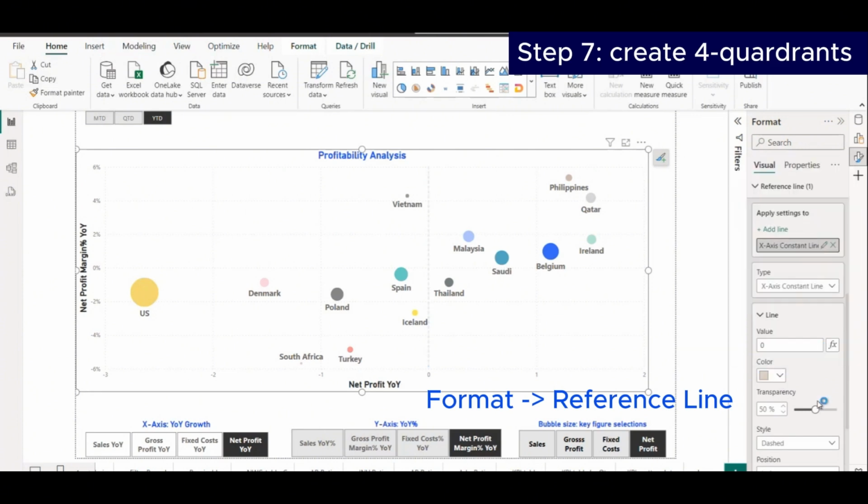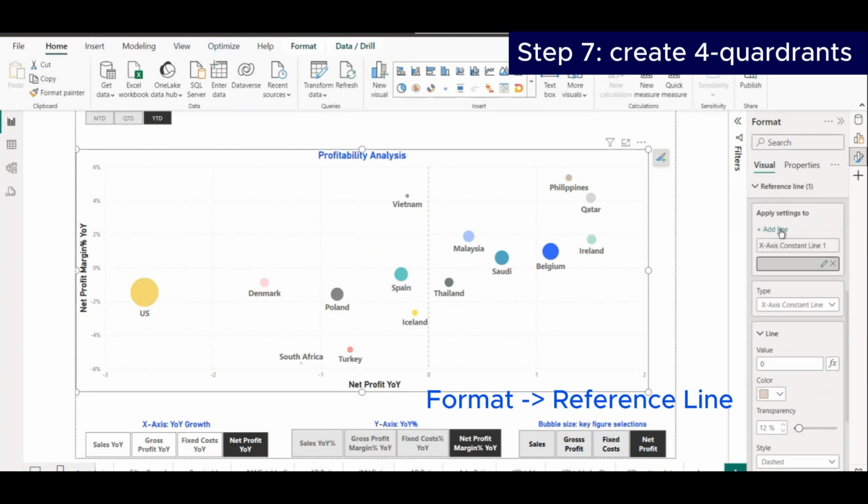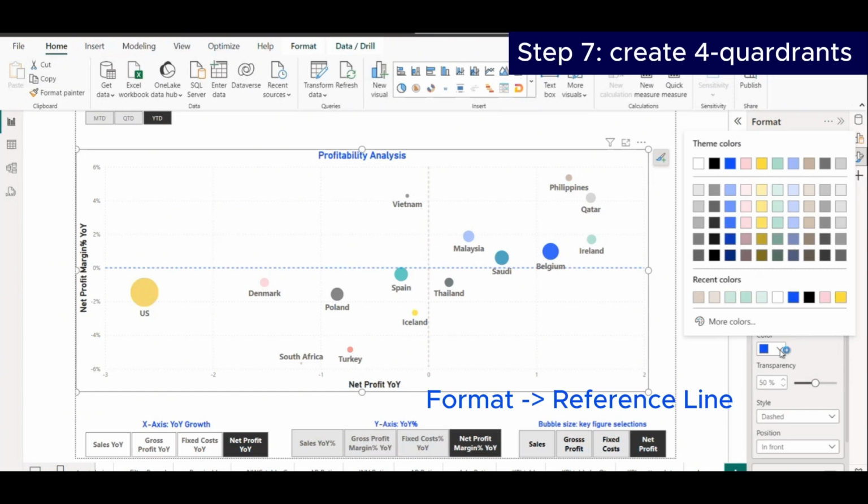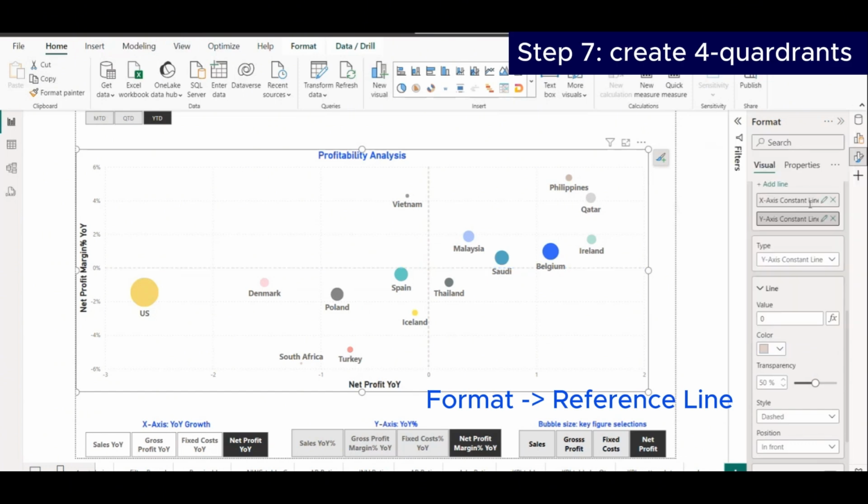Change the color as you wish. Add another line, Y-axis. We just created 4 quadrants,